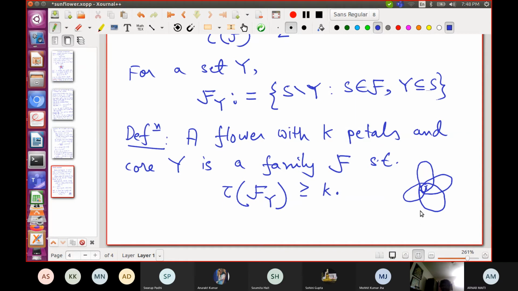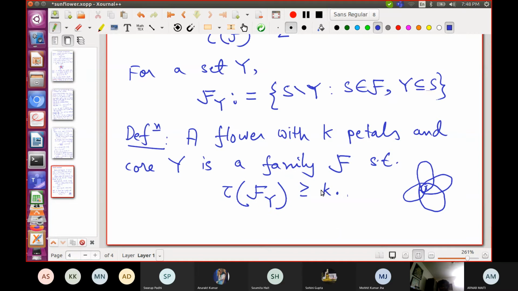Yeah. But this is a weakening of this notion of disjointness. We don't anymore insist that these things that stick out are all disjoint. I just insist that they have a high blocking number, so they cannot all be hit by a small size set. So this is a relaxation of the pairwise disjointness of the petals that I insisted earlier. I also relaxed the requirement that Y is the pairwise intersection of everything in the family.